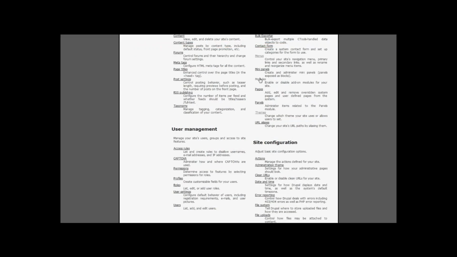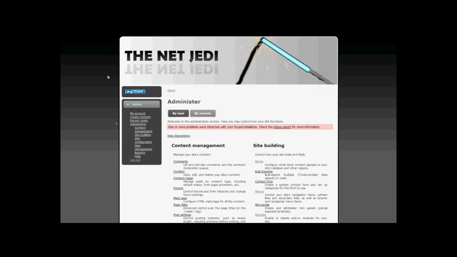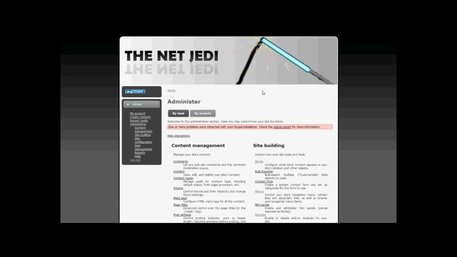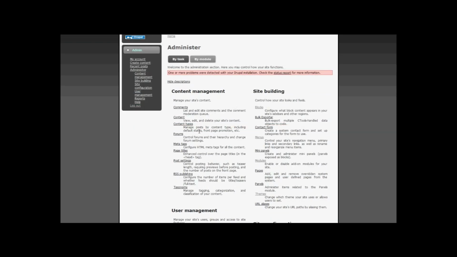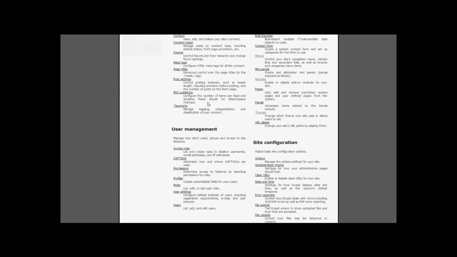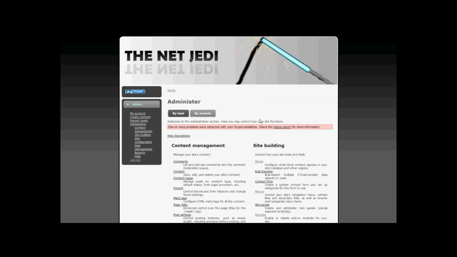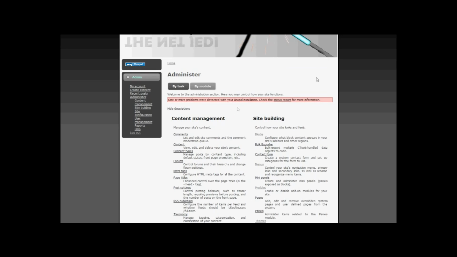So just think of modules like software that you can install into your Drupal content management system, and certain software does certain things. So you can have software that perhaps adds video to your website, or you can install modules that perhaps have a forum capability. So you can add a forum to your website,